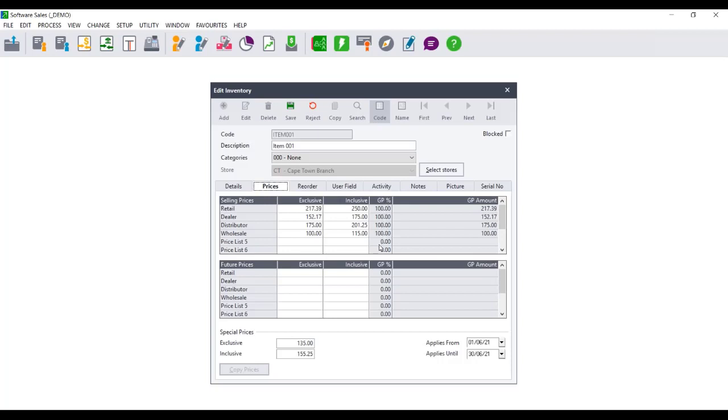So obviously my GP percentage is 100%. I haven't received any stock for this item yet. So it's going to show me 100%. But this is where you can see it on your prices. So you can work it out, and I